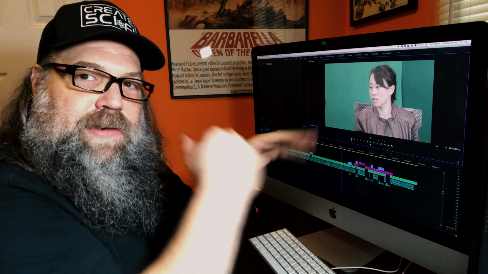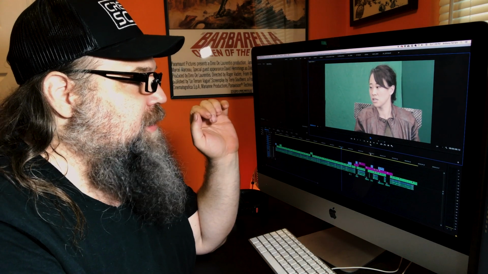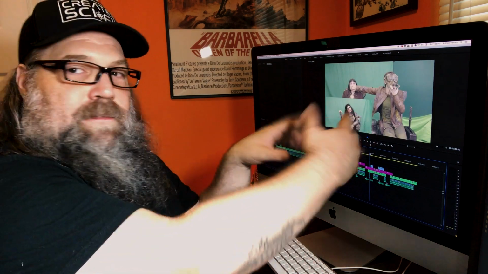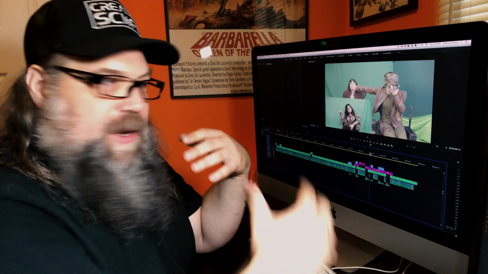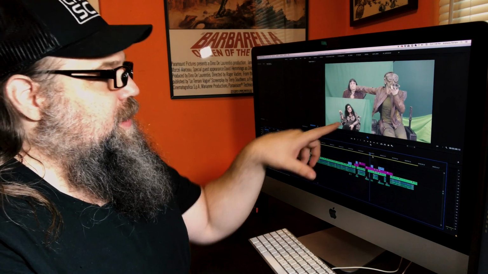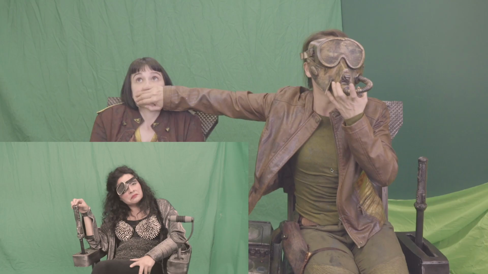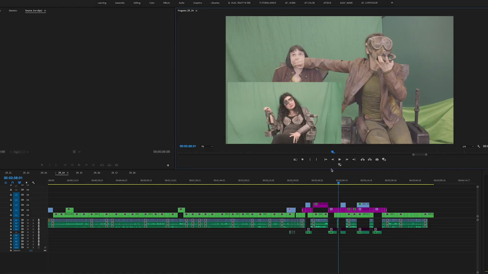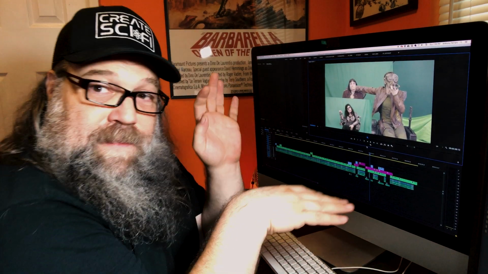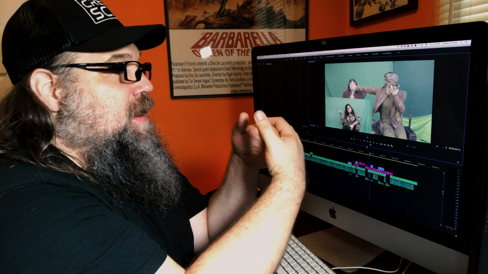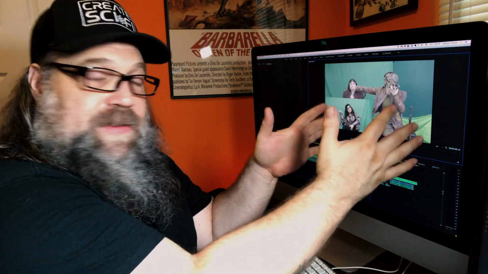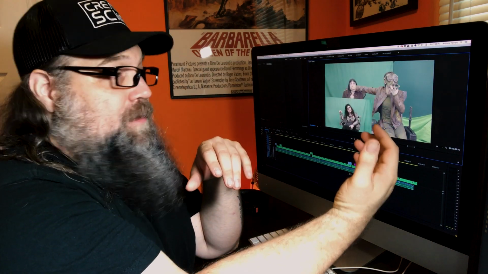So the reason you want to have a picture lock is that one of the concepts of this show, for me to get it to work, this is a no budget production and it's a demonstration of that, is that all the actors talk to each other via a hologram, like a communication, right? So as I'm editing this, I'm doing picture in picture. This is very basic because I know this is going to be a hologram and this is going to be the action, right? So I'm going to have to go into After Effects, and I'll go over that, and create this as a hologram. I'm going to have to impose it over this action,